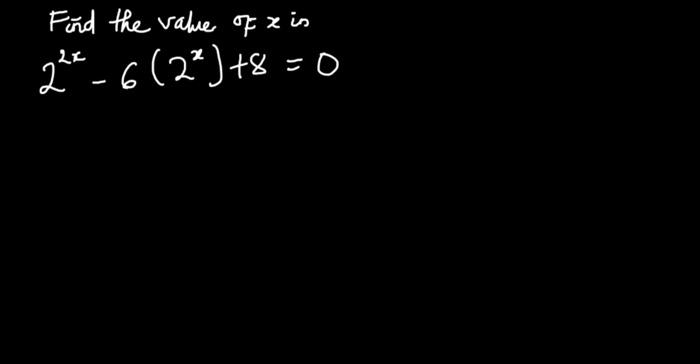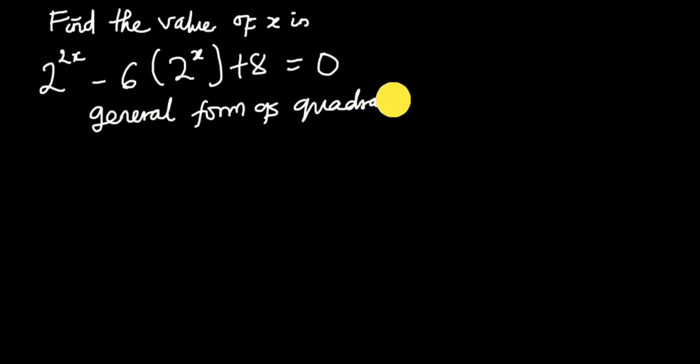Alright, so say we are given this problem and we are asked to find the value of x. First of all, whenever you see the left hand side of an equation equated to 0, it shows that it's a quadratic equation. So first of all, let's see the general form of a quadratic equation. This is the way a quadratic equation should be. The general form of a quadratic equation is always in the form ax squared plus bx plus c equal to 0, where